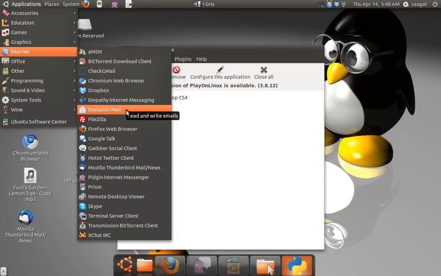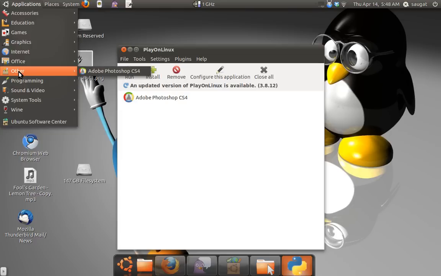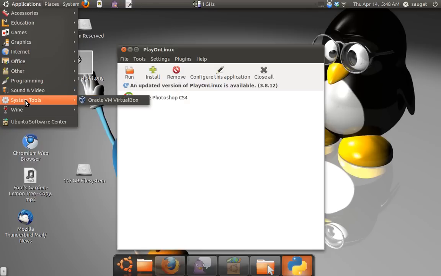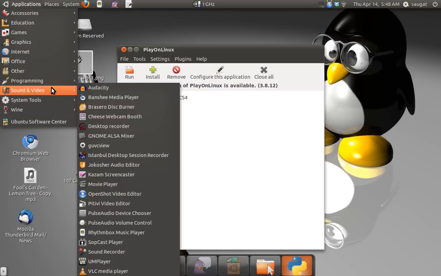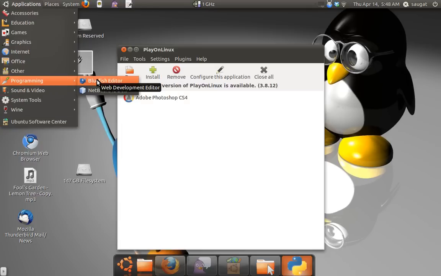Evolution Mail, if you want to read mail, is similar to Outlook Express in Windows. FileZilla is for transferring files over FTP. It's all a bunch of applications over here. The programs that will be installed will be in other sections. Now skip this, and here is VirtualBox and other programming stuff here, NetBeans,